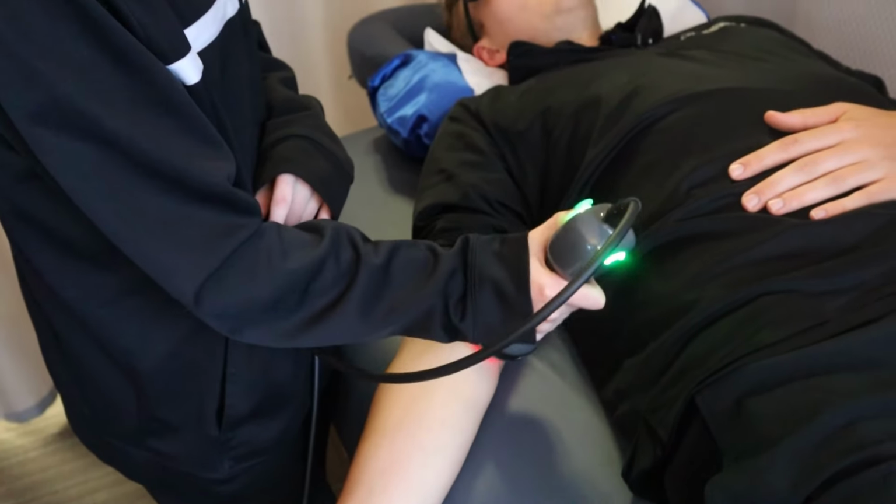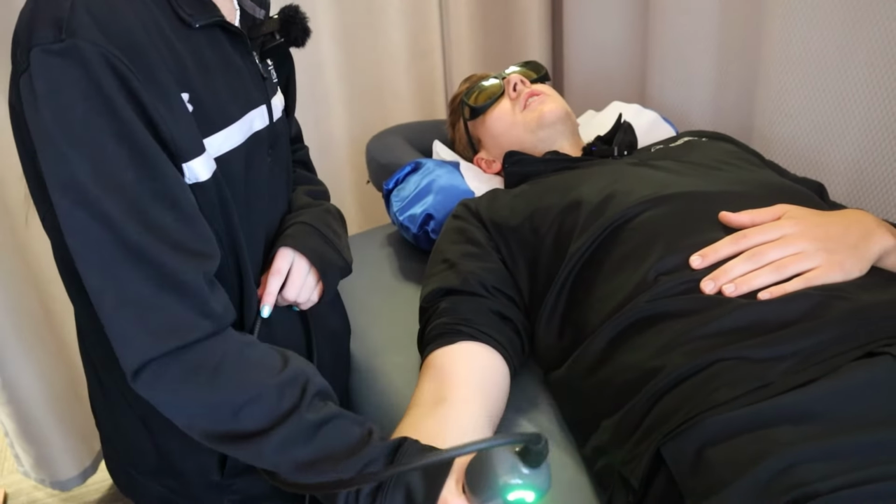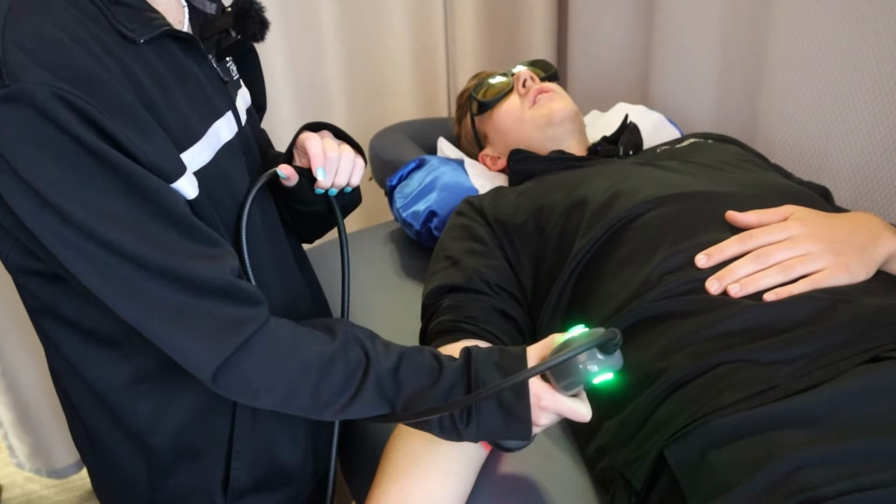Yeah, so for really any tendinopathies, muscular strains, laser is a really good modality that we use here in the